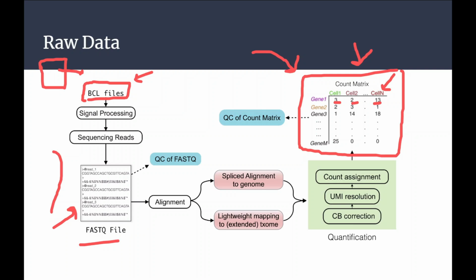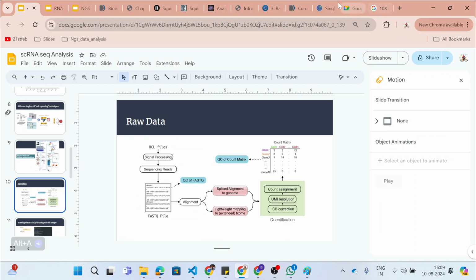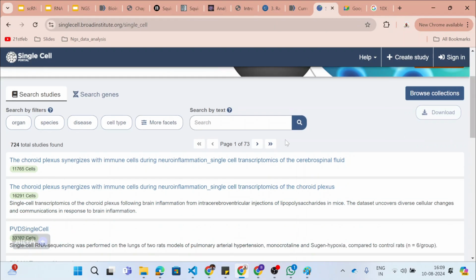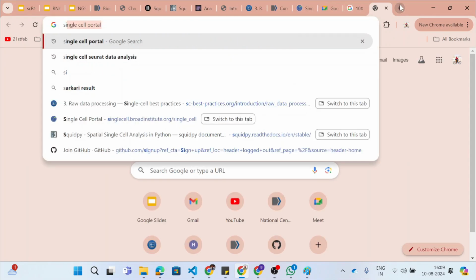If you're aware of databases, we have a lot of databases for single cell. Let's say NCBI. You can also go for the 10x platform, where you will find many single cell data. The Single Cell Portal is also there. So this is the Single Cell Portal. You simply have to search for Single Cell Portal,